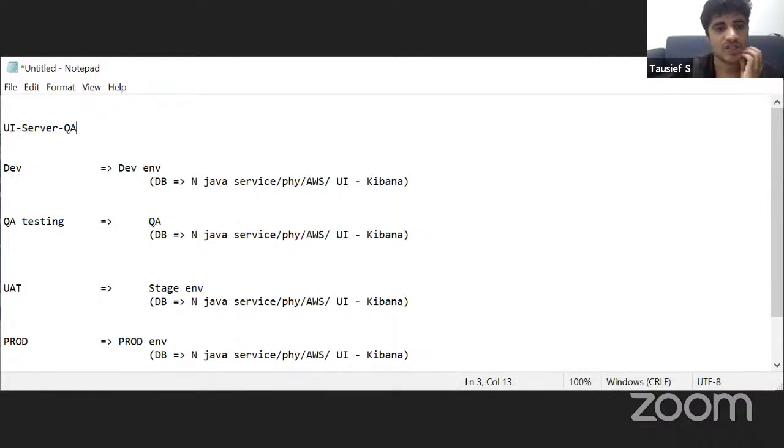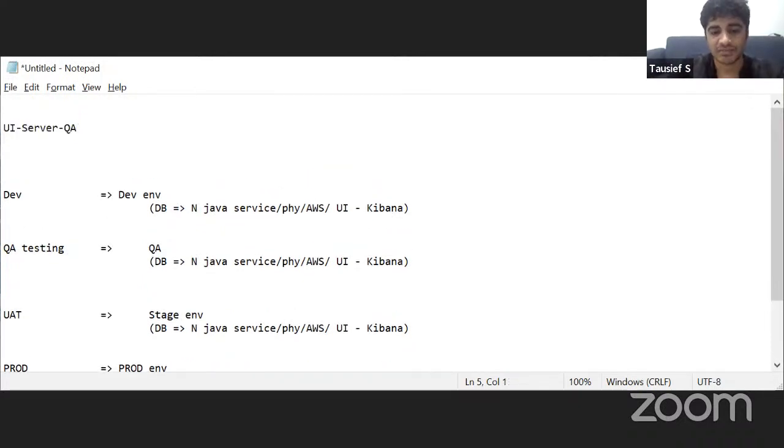Development happens by UI and server, and at the same time QA might write automation test cases. All these three things should not be available only on local machines. They all come from somewhere, a central repository, like Bitbucket